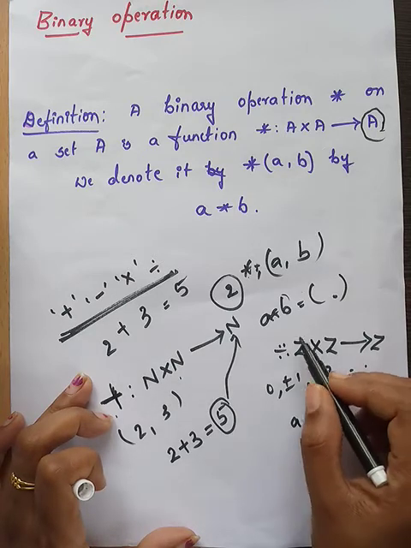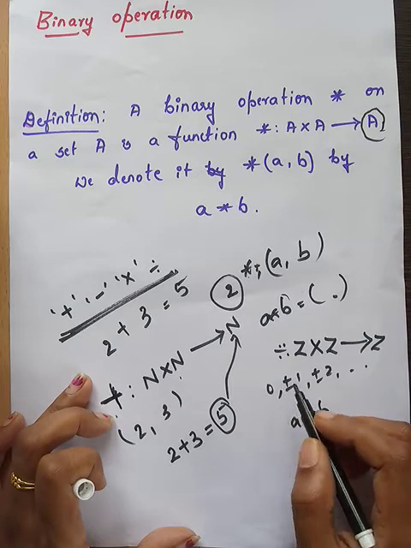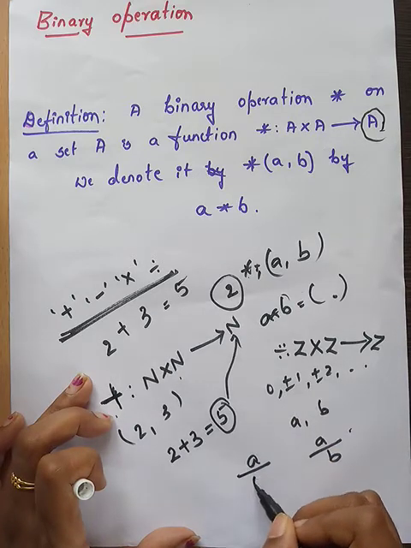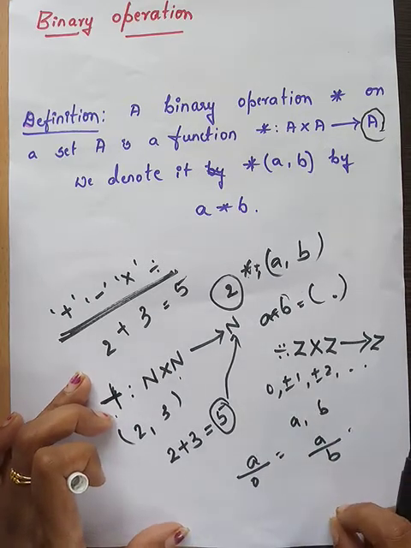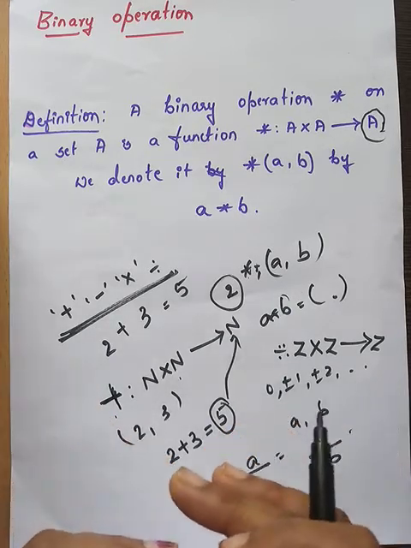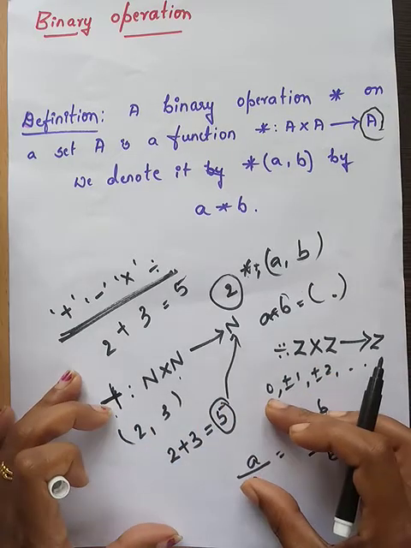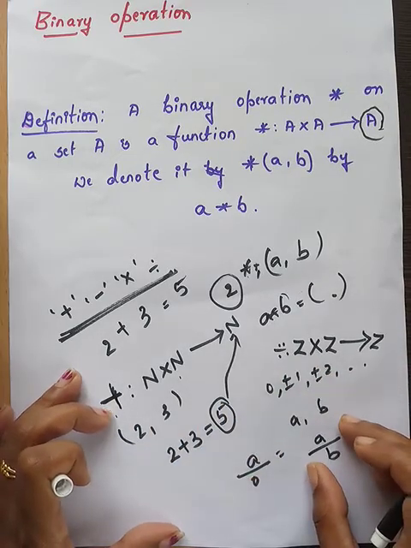Now when I say integer, 0 also belongs to integers, but whether a by 0 is a defined form? Till now we don't know the value of a by 0. It is an undefined form, or we say it is not defined till now. So for a by 0 we won't get an integer, correct?